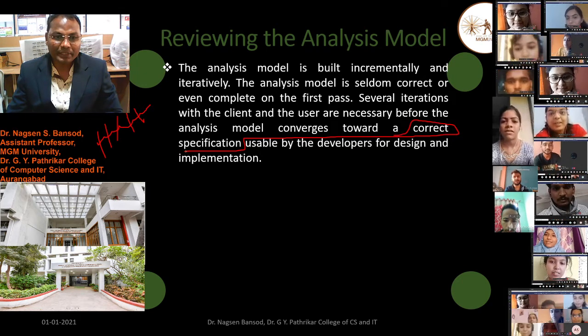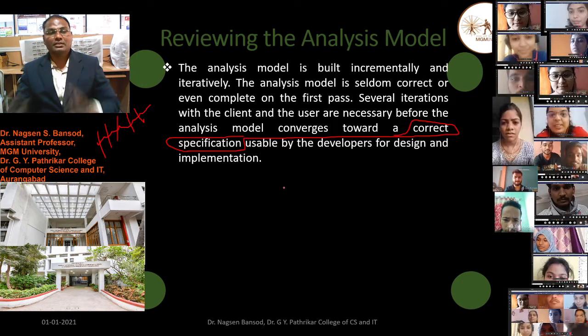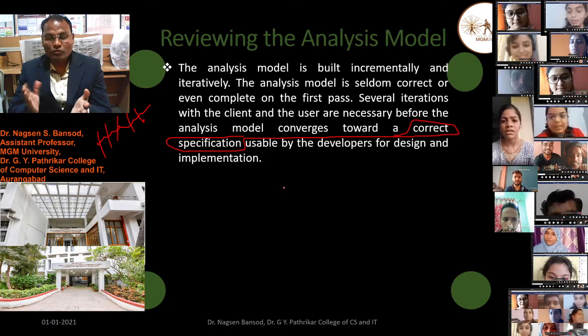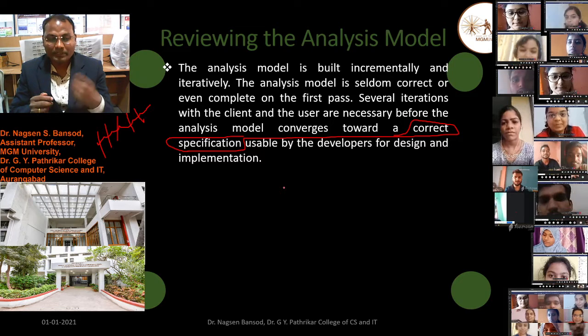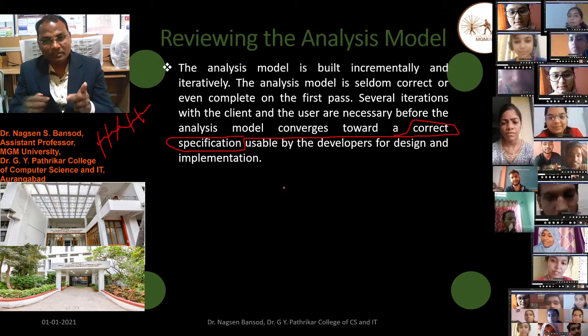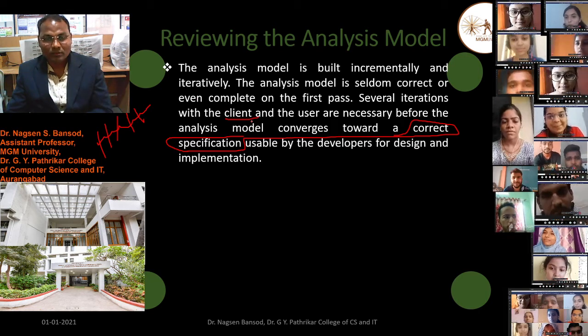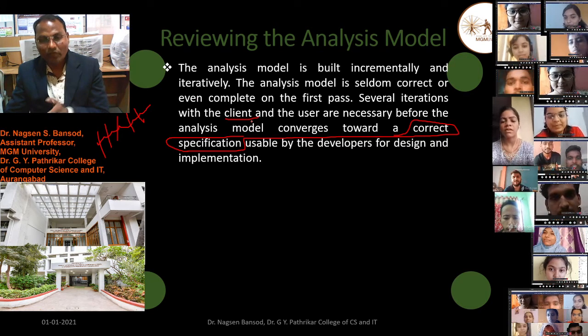We know specification. Specification means the software requirement. Suppose some person wants software; that person is the client. And who will develop the software? This is the developer.